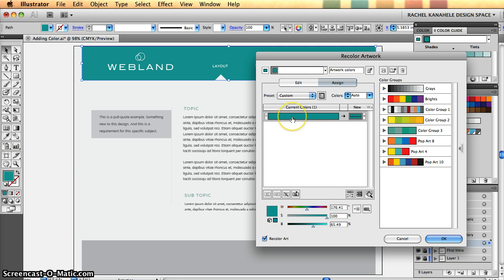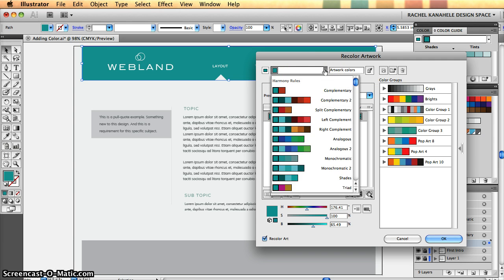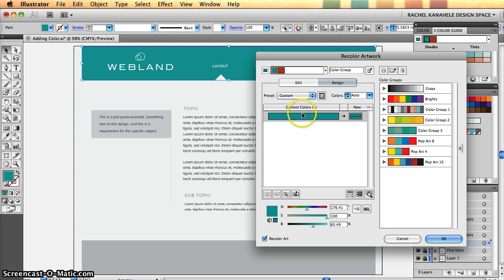I'll press that one right up there, then click this down arrow, which gives me different options. The one I want right now is complementary. So I'm going to select complementary,